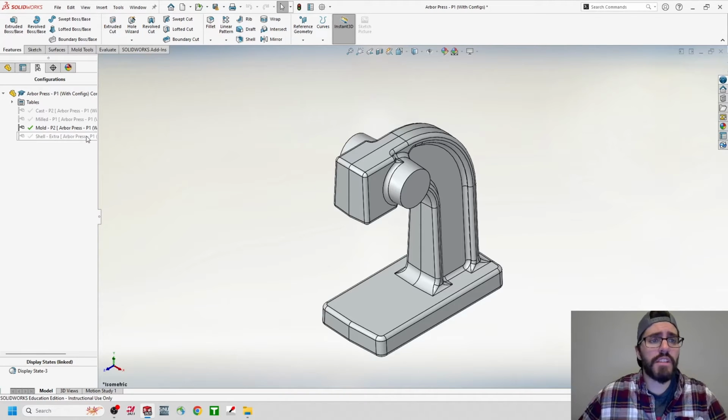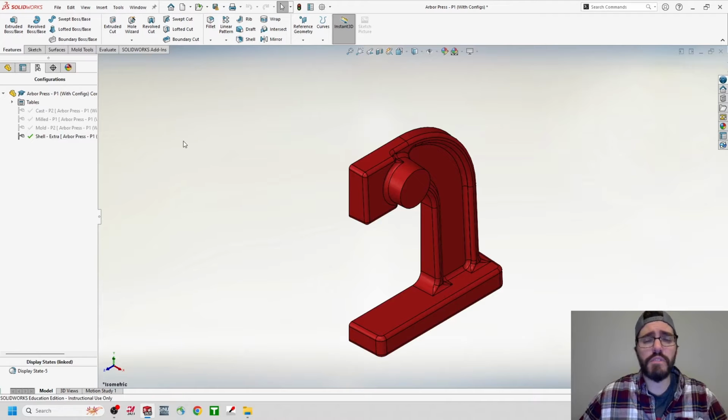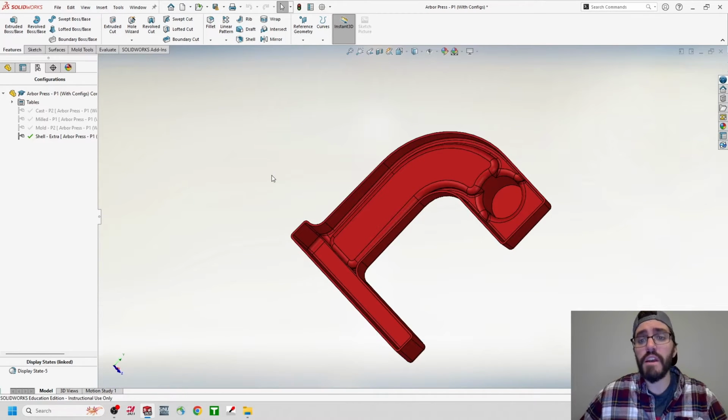Additionally, I created the shell extra configuration, and this isn't going to be necessary for your Arbor Press case study. However, I just wanted to show you how we could take what we learned in the last video when we cut the part in half and just add one extra feature, a shell command, to create this thin-walled part. And this is going to be important for components like the plastic housing of a power drill or a valve cover for a combustion engine. And this mold making methodology is going to be known as core cavity mold making. However, I'm going to wait till the end of the video to show that,